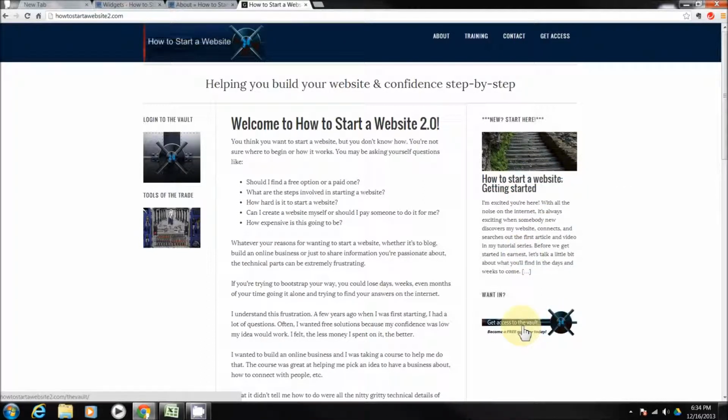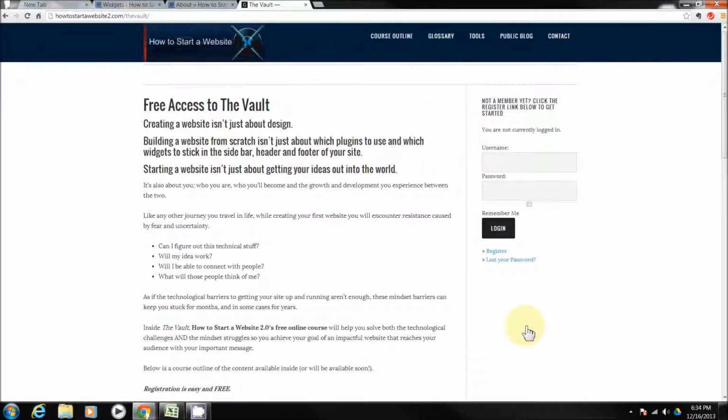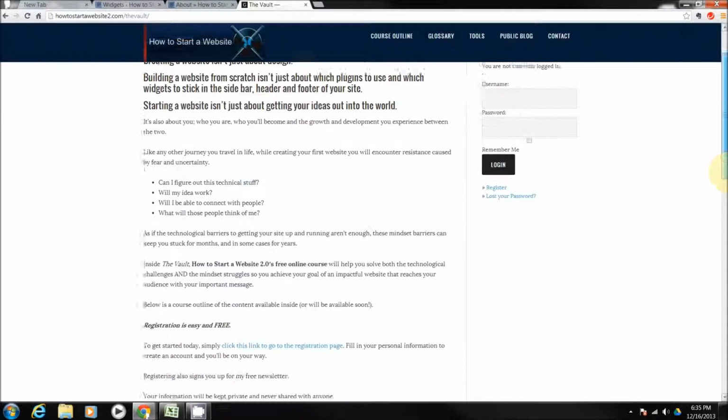And then, of course, it's important to have a way for your returning readers to opt into your email list. And even though this doesn't look like your traditional opt-in form, that's what this image here is behaving as. If we click through that real quick, it takes us over to a landing page telling people what the vault is all about and how to gain free access to that. And if they scroll down, they will see how to get